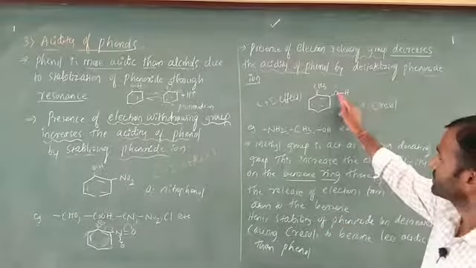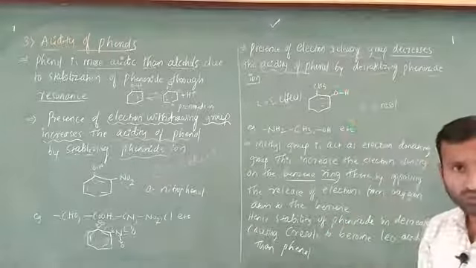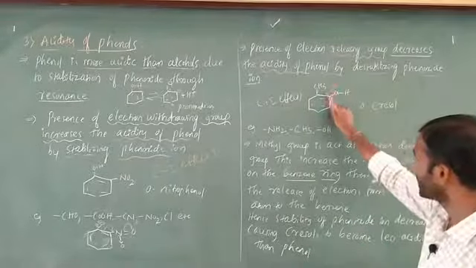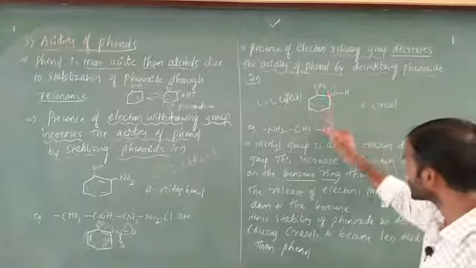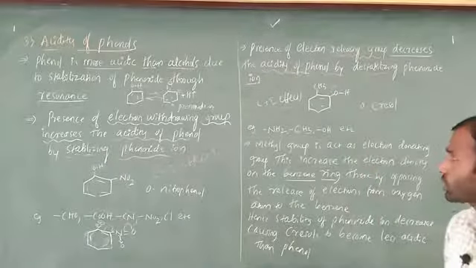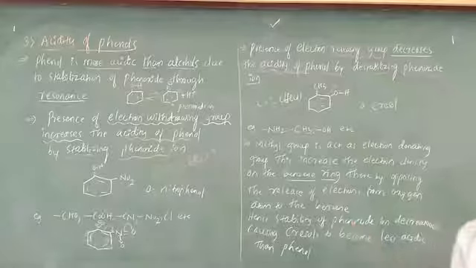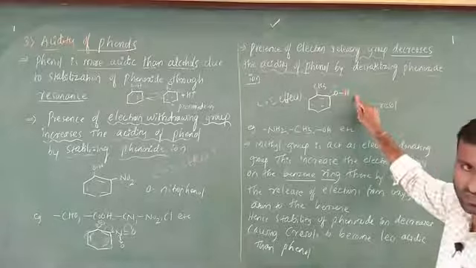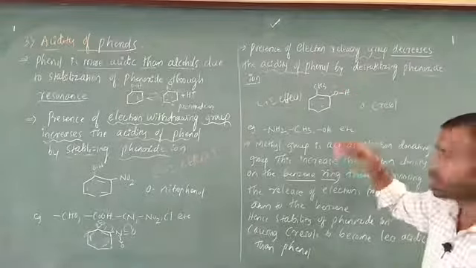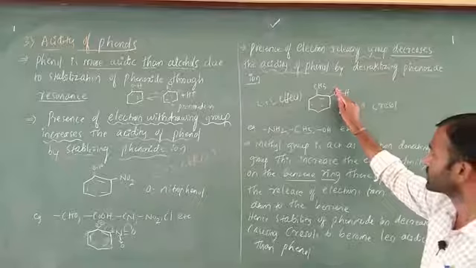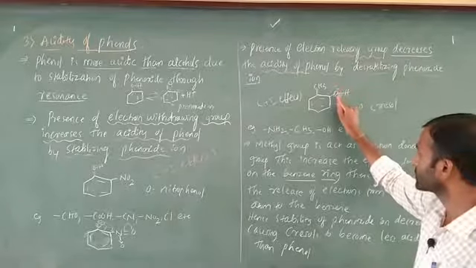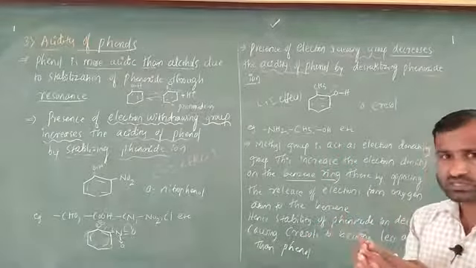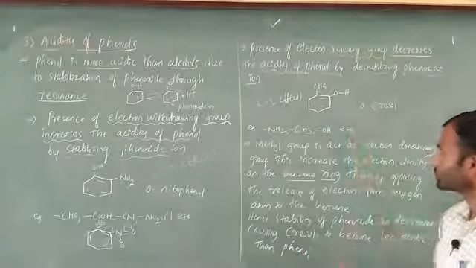Next, this oxygen also has more electrons. It also donates electrons towards the benzene ring, and the benzene ring is also donating electrons towards the oxygen. Automatically, repulsion starts. The hydrogen will not go easily in this case, because the hydrogen is not free. The negative charge is going to increase. If the negative charge increases, the attraction between oxygen and hydrogen increases. Where there is attraction, hydrogen will not go easily. That's why this is the most important part.